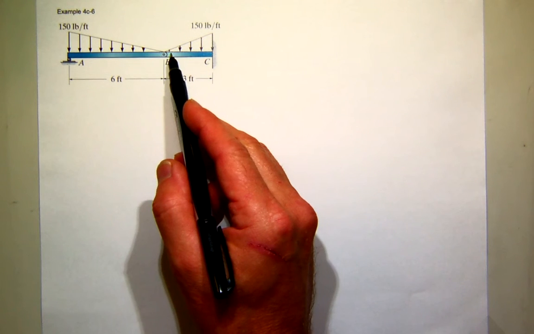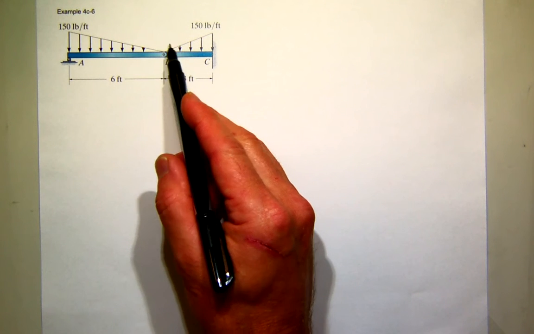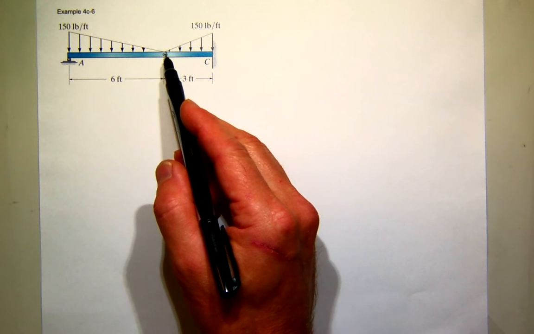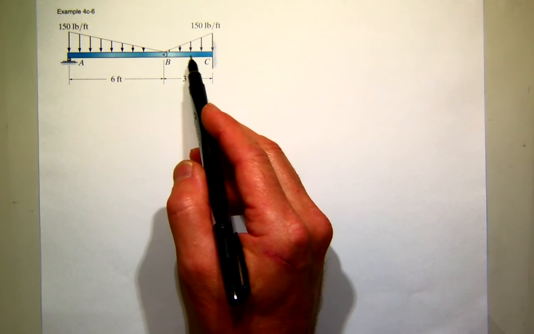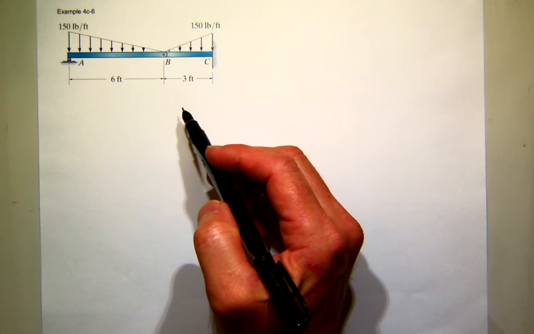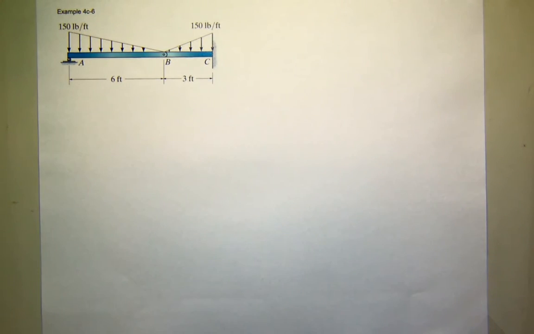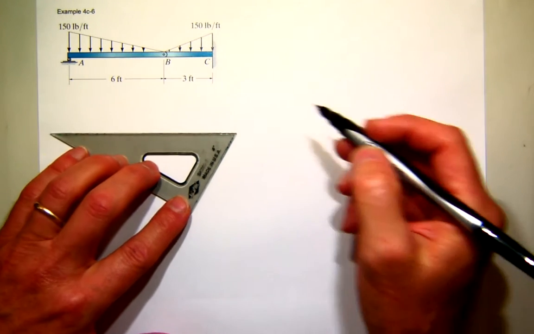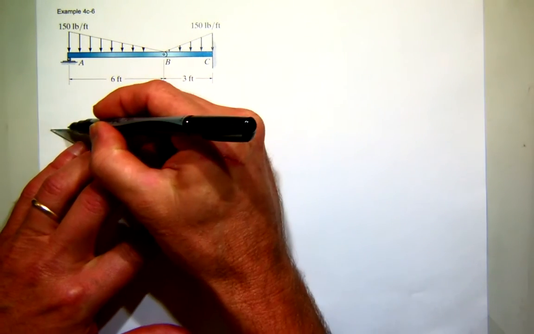So I'm going to break it apart here at B, which is a hinge, and I know my moment there is 0. So the first thing I want to do is do the statics of the two pieces and then draw the resulting shear force and bending moment diagrams. So let's see if I can make two columns here. So I'll draw first